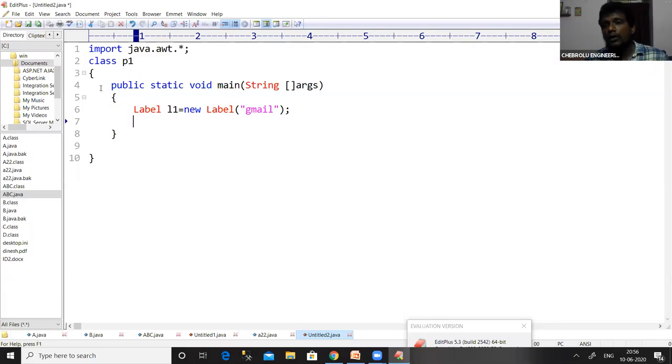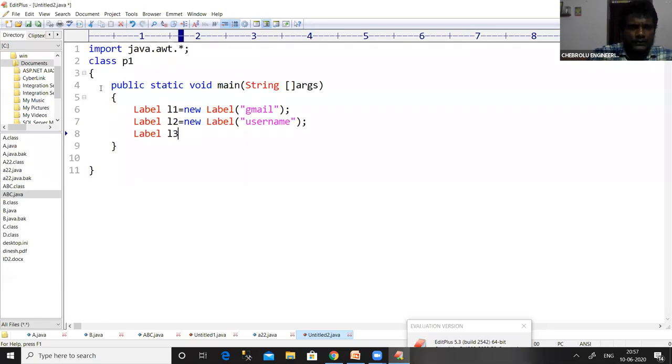So create two more objects for the same Label class. Label L2 equal to new Label of, here I want to display username, and we want to display one more text as password.